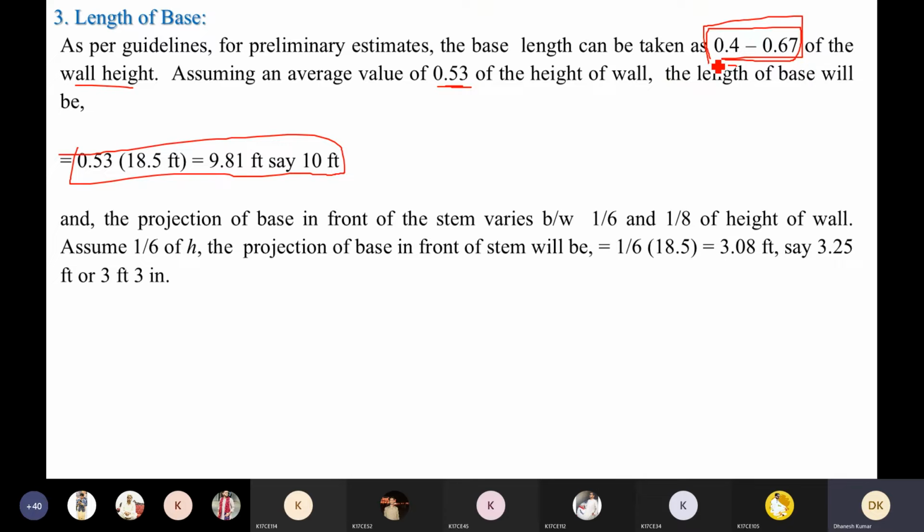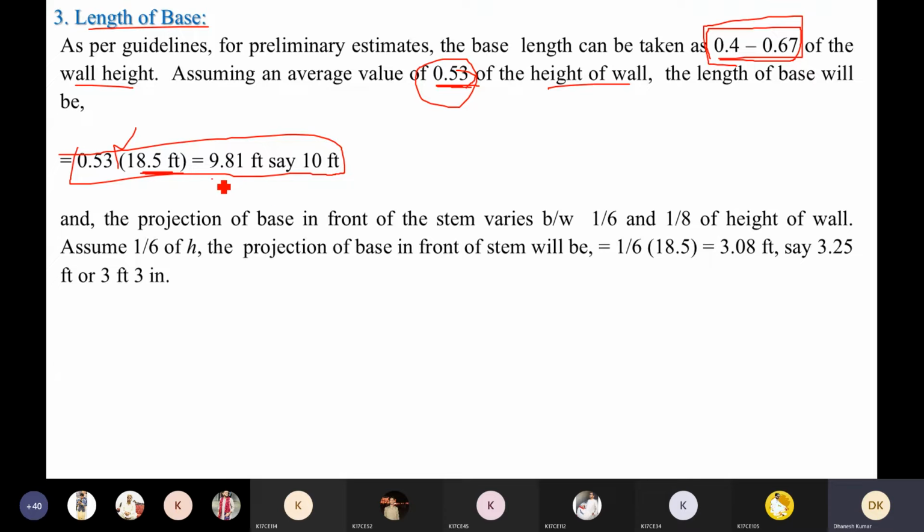Okay, the average of 0.4 to 0.67 is 0.53, and according to our guideline, the length of the base should be the average times the wall height, which is 18.5 foot. So 0.53, that is our range, multiplying with 18.5 foot, the total height of our wall,